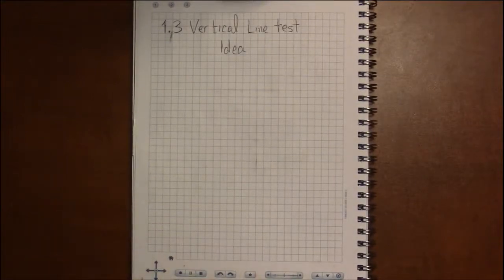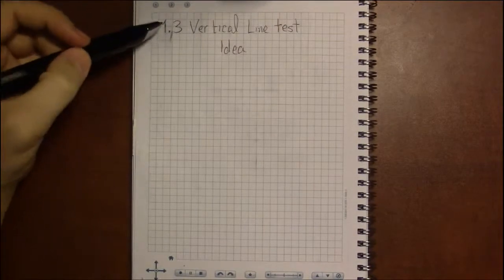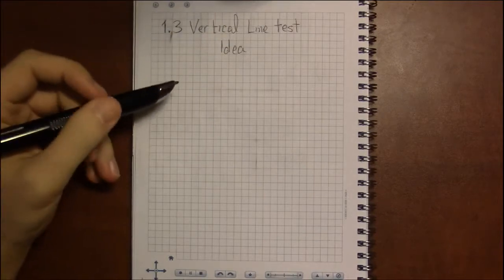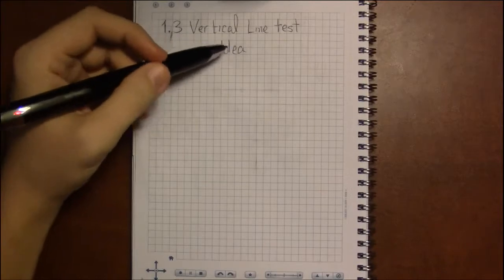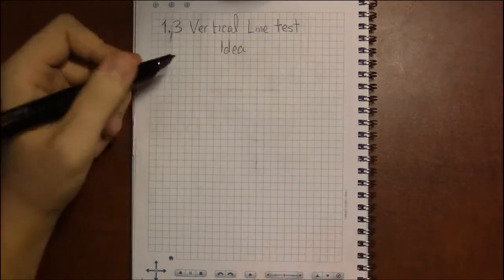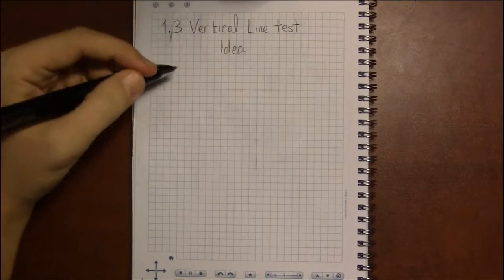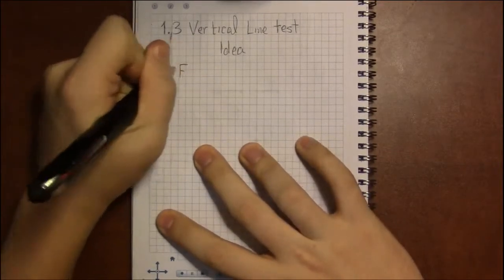All right, so the last topic I want to go over in section 1.3 is what's known as the vertical line test. And the vertical line test is a way to tell graphically whether a graph is a function or not. So if we're trying to determine whether something is a function, let's refresh our memory on what we termed